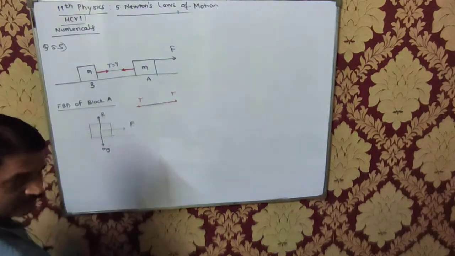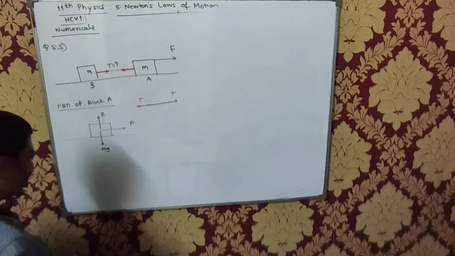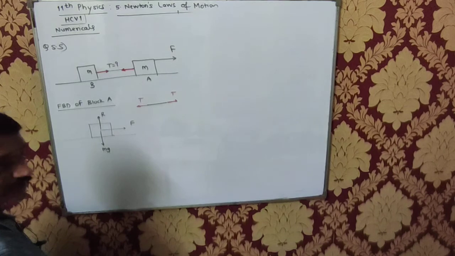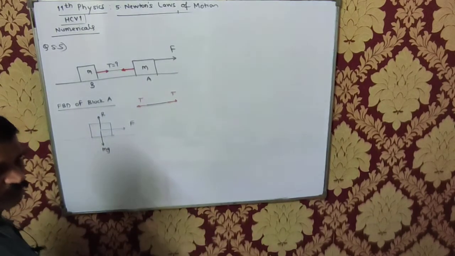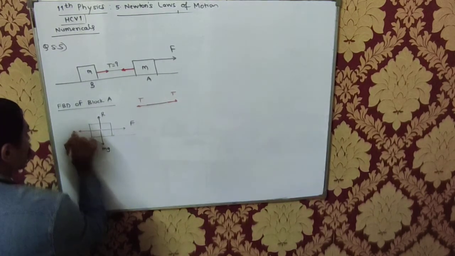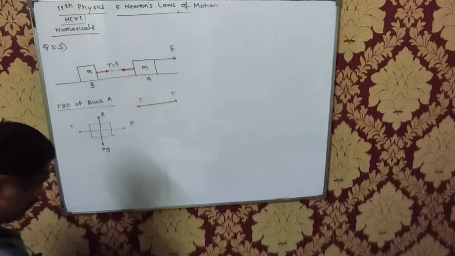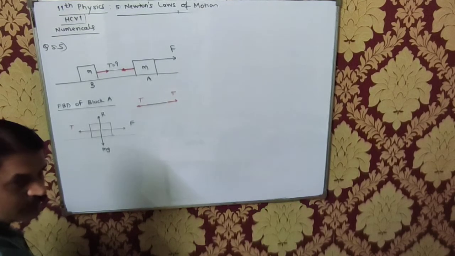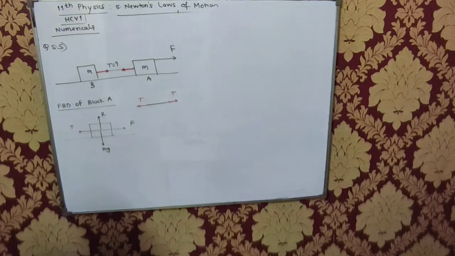Yes. Because you have to remember one thing about the tension. Whatever is the body under consideration, the tension will always be acting away from that body under consideration. So this tension is acting away from the body under consideration. Is this okay? Now here we use Newton's second law of motion. What does Newton's second law say? Rate of change of momentum is directly proportional to the applied force, and the displacement takes place in the direction of the force. Correct?